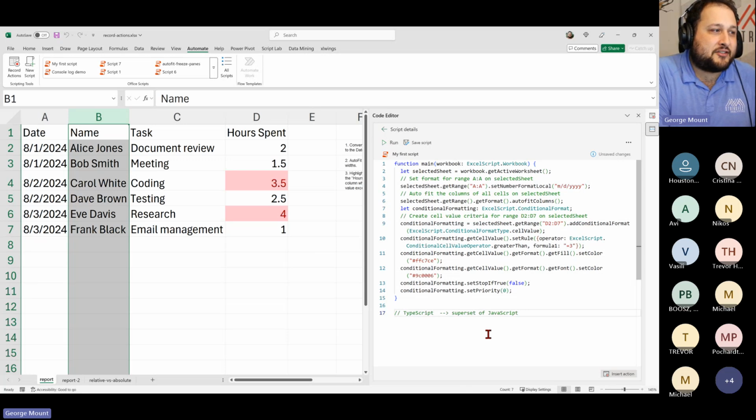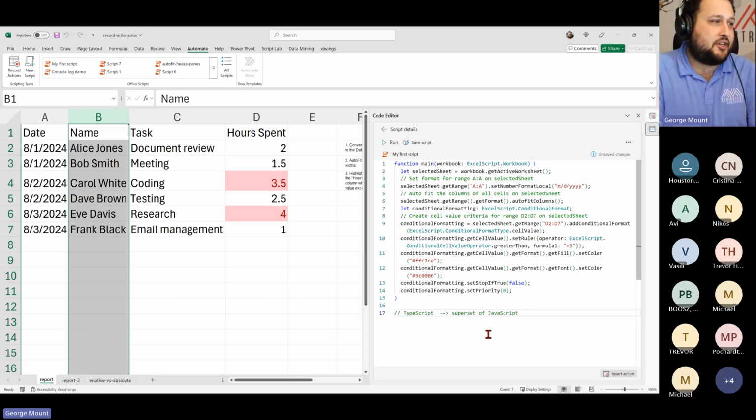I would say that JavaScript is a good thing to learn. Just two or three years ago, it seemed like a wild idea that an Excel user would learn Python. People were really hesitant, resistant, and didn't understand why. And now, hey, look, Python's in Excel, and I haven't heard anybody really complain about it lately. So I think JavaScript's going to be like that in the next two or three years. Right now, we're at the point where suggesting it's good to know a little JavaScript, people are like, what are you talking about? Why would you do that? That doesn't make sense. In a couple of years, people will say, okay, yeah, JavaScript, that's a good thing to know for Excel.